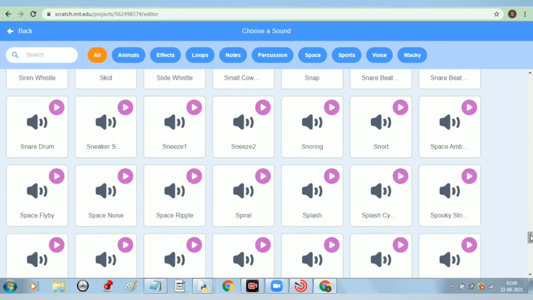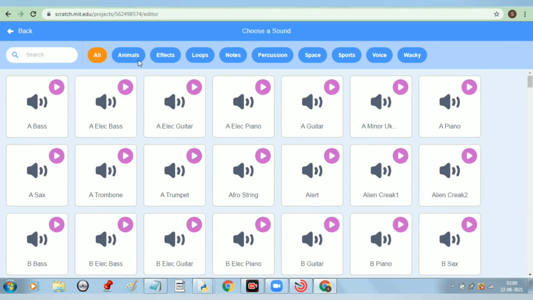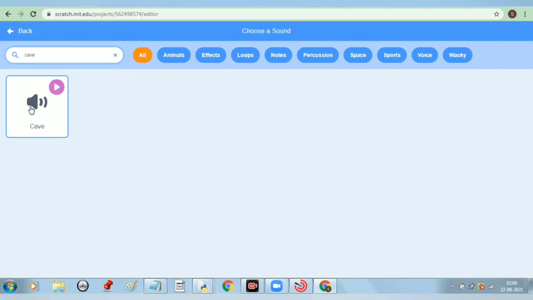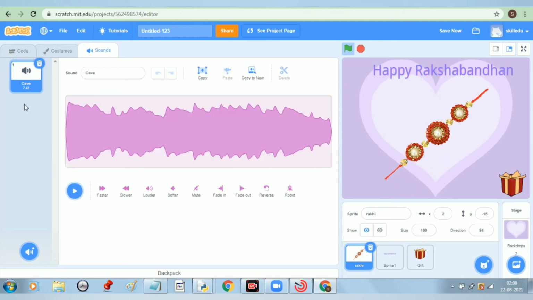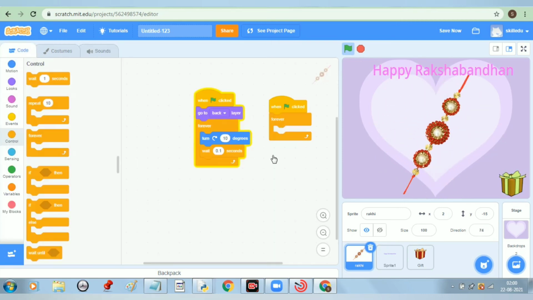Various audio files are available. So let us choose that cave audio file, this one. Okay, now we have this audio file in our project. This is the sound. Now let us use this sound in our project.